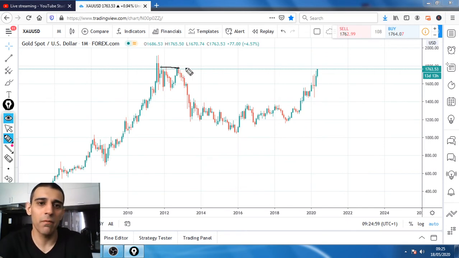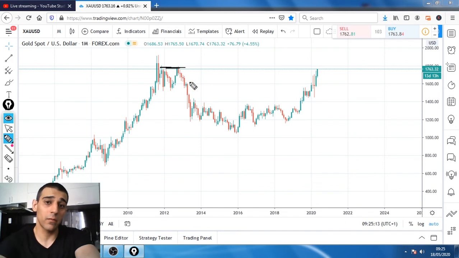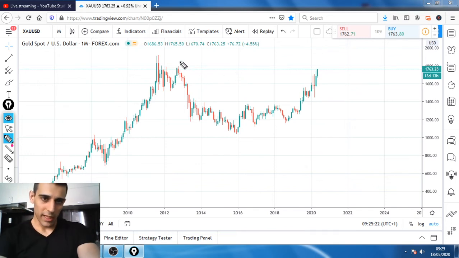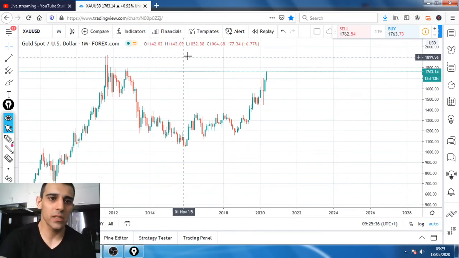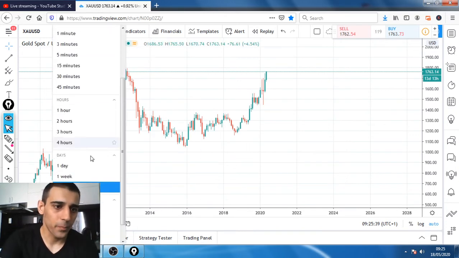So that could be a very good potential for a long side play. Ideally, I would be expecting a reaction on this monthly high. Because the monthly time frame is very high, there's a good chance the price will react on the high time frame. Most likely a lot of traders will be taking their orders off at this level, so the price will go down, which will cause a retracement. That's what we can use to get on to the